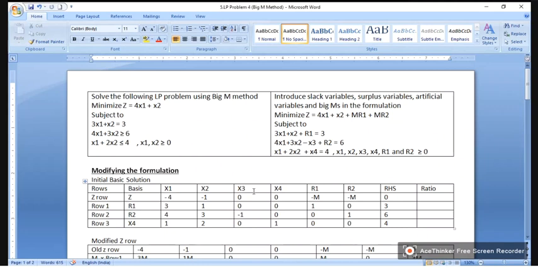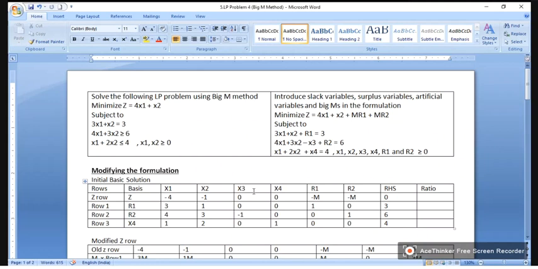Let us say greater than type. So 12 is greater than 10. So 12 minus 2 is equal to 10. So 2 is called as surplus variable. Surplus means excess. So if we subtract the surplus variable from the left hand side, we will get the equality type. Okay, so if it is less than or equal type, we simply add the slack variable to the left hand side such that left hand side is equal to right hand side.